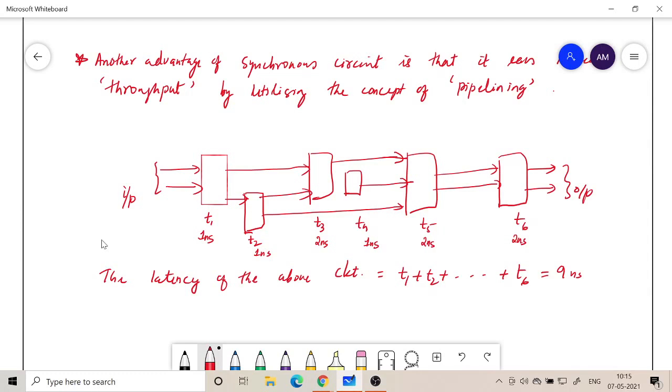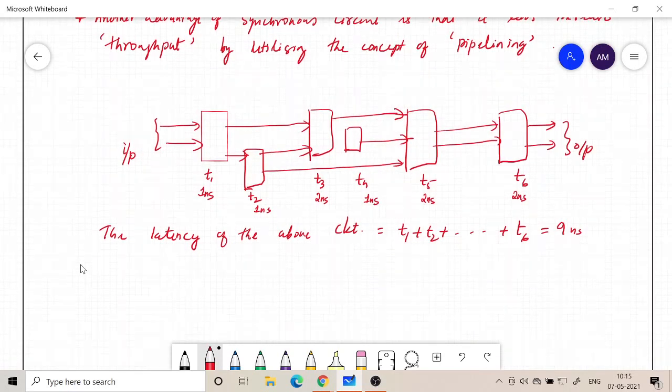Okay, so we need to wait for 9 nanoseconds for the output to make sure that it is what is expected. Okay, now going back to the synchronous circuit, if we try to make this work in a synchronous fashion,